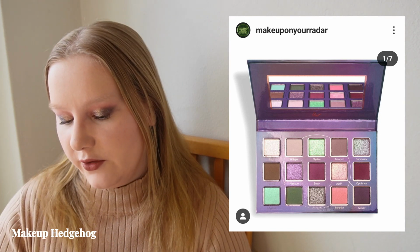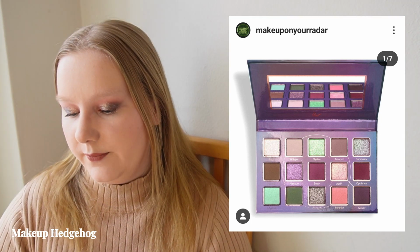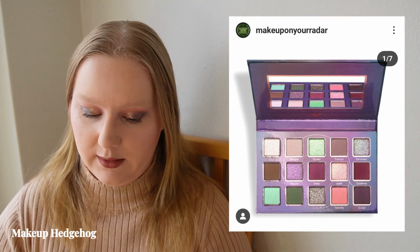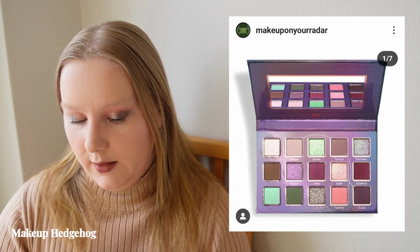But also because this is more reasonably priced, being under 50 euros for an indie palette, then yeah. Very beautiful shades and a color story that truly feels like it fits my preferences. So the next glowy product of the day, and I think I will be going through all the Colourpop